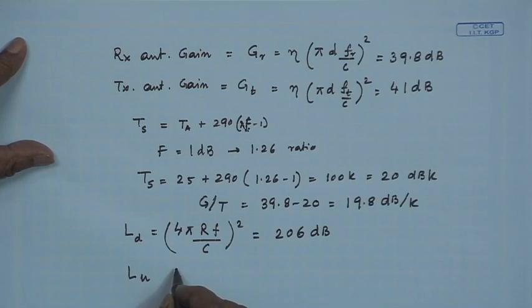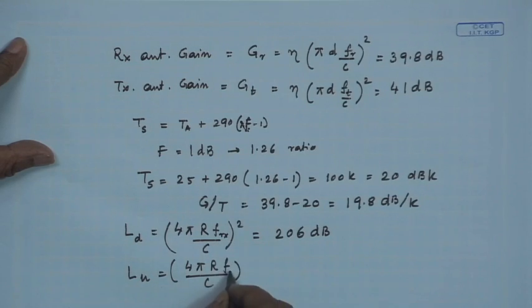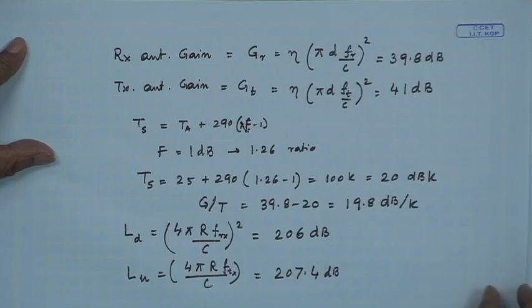and similarly the uplink, you will find the range using the same expression, only the F here is receive and F here is transmit. So the numbers will be varying. Transmit frequency is higher, you will find 207.4 dB. We will keep these numbers, it will be useful,